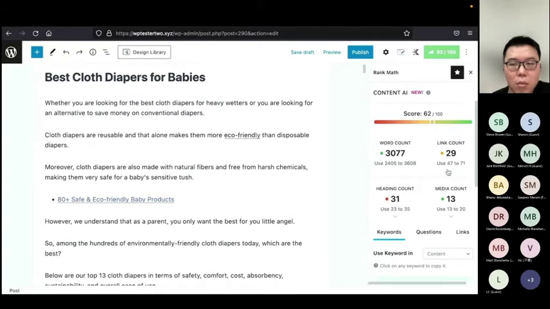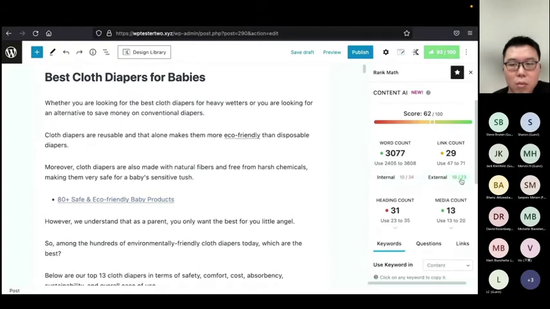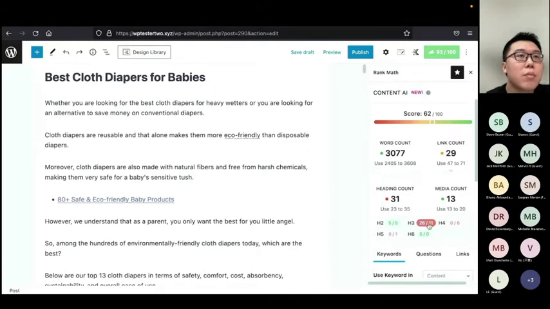Like, for example, the link count. For external links, to achieve 23 of them is easy. Just add relevant links to your content and we can easily hit this 23. As you can see, when I've added 19 external links, this audit is already turning green. So we are good on the external links. If this is orange, it indicates that you have partially passed. Red means failed, and dark red, as you can see from this heading section, suggests that it is overused.